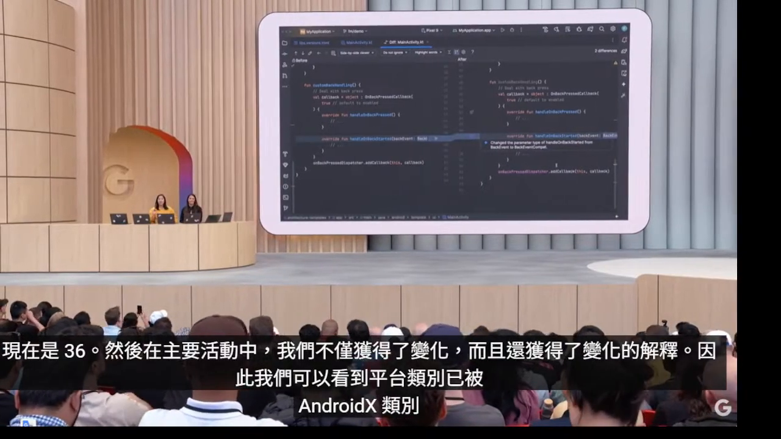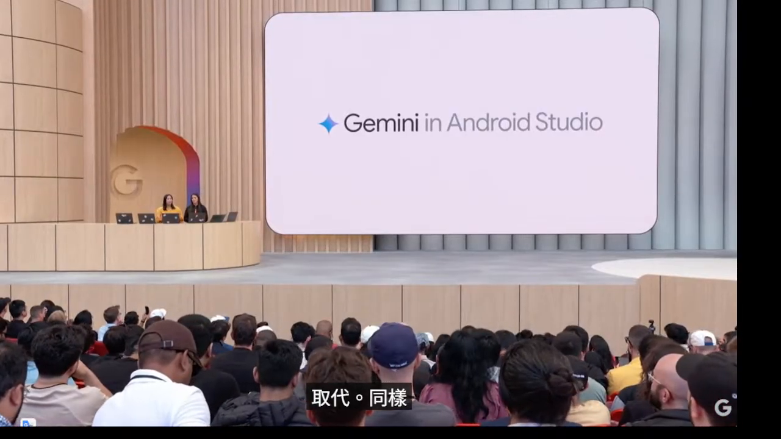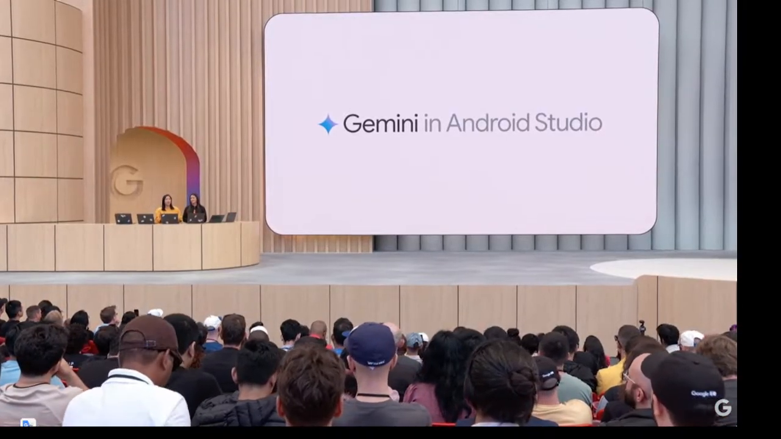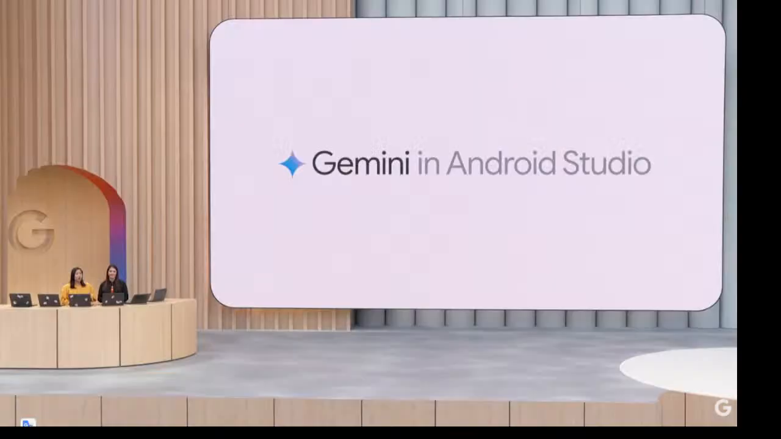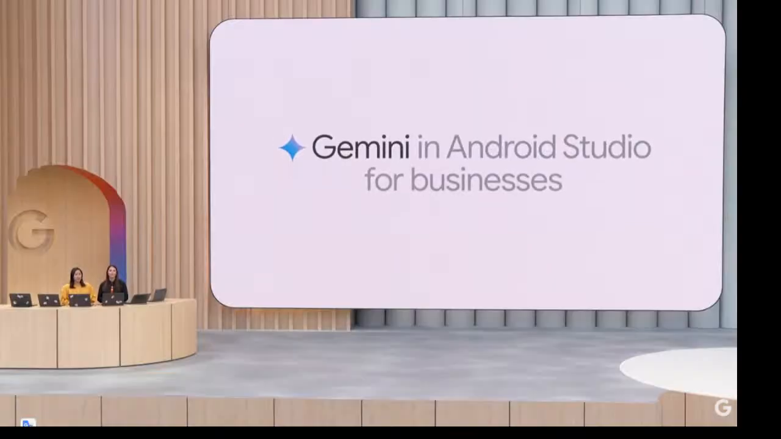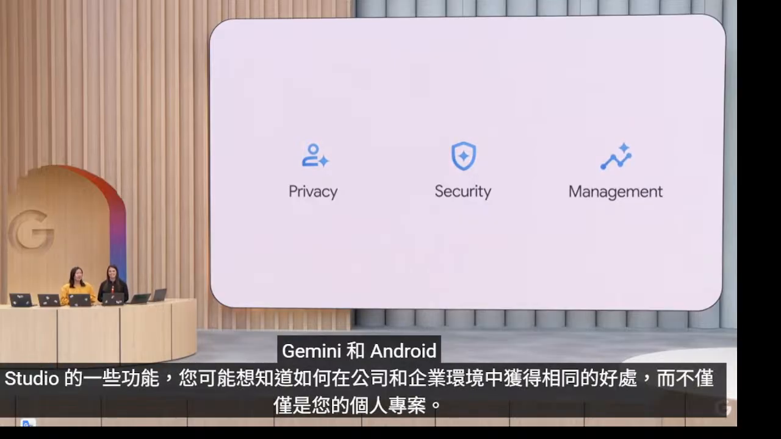Now that you've seen some of the powers of Gemini in Android Studio in action, you might be wondering how you can get the same benefits in a corporate and enterprise environment, not just your personal projects. So today, once you subscribe to Gemini Code Assist, you'll have access to Gemini in Android Studio for businesses. It's specifically designed to meet the privacy, security, and management needs of businesses